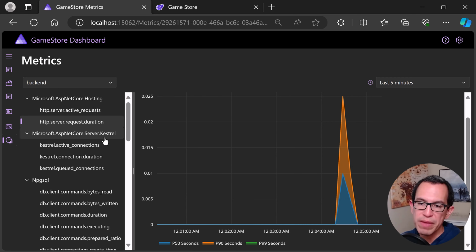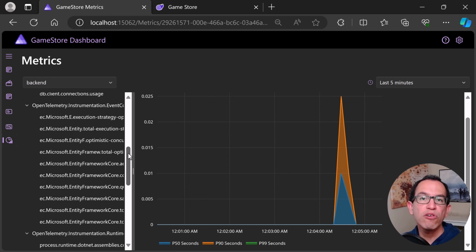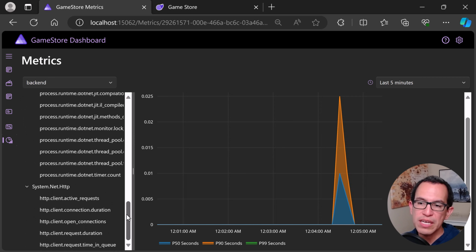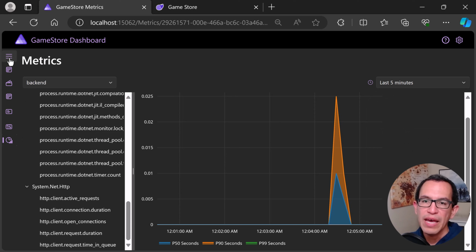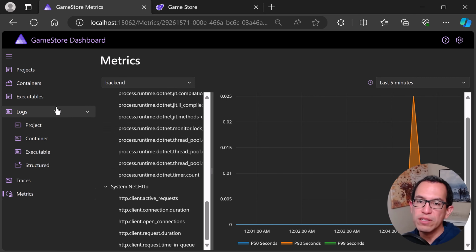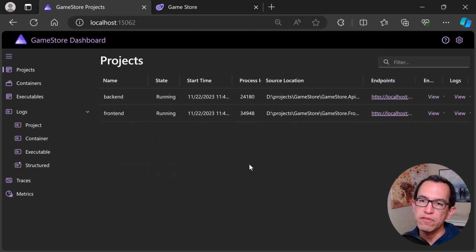And just like this, there are many other things. As you add more components, you will be able to see more things in this dashboard over here, right? And you can filter by time and stuff like that, right? So that's what you can do with this dashboard, which is super, super useful, right? But I think at this time, what we have to do is finish adding the other components for our application